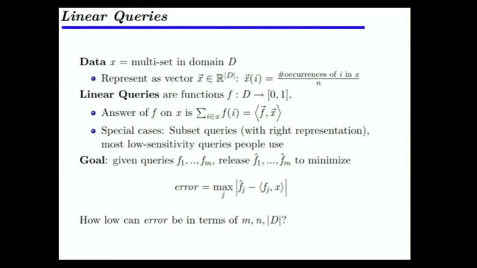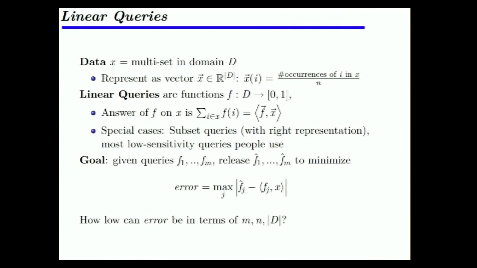Imagine we've got a bunch of queries. We're going to consider something called linear queries. These are related to subset queries, but not quite, so I'm going to redefine everything just to be totally clear that we're all on the same page. I've got some data set X, which is a multiset in some domain D. Different people can have the same value, and that's okay. I'm going to think of X as a vector in R to the D, which has been normalized so that the entries sum to 1. So I'm thinking of my data as a probability distribution over the domain. The ith entry of this vector is the number of occurrences of i in X divided by n,